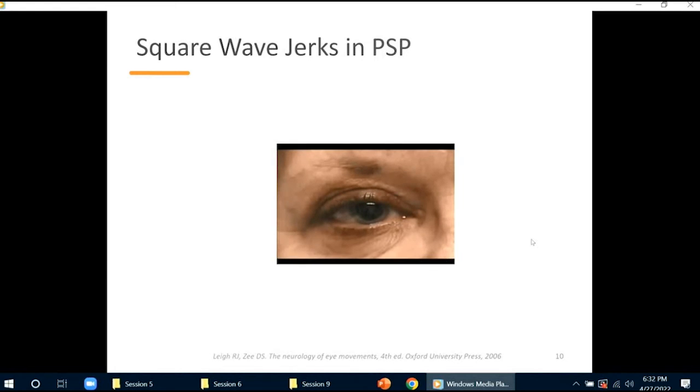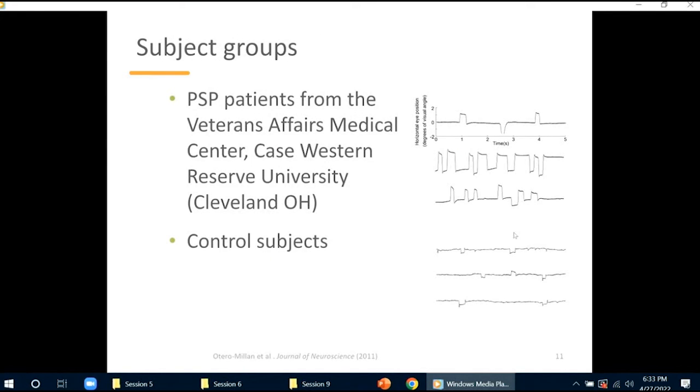Here we have a subject that is affected with PSP, progressive supranuclear palsy. The subject is trying to stare right ahead, but is producing these involuntary horizontal eye movements that we call saccadic intrusions. They have the characteristics of saccadic eye movements for the most part, but they are intruding or interrupting accurate fixation. And studying the characteristics of such eye movements can be very important for the early and differential diagnosis of various